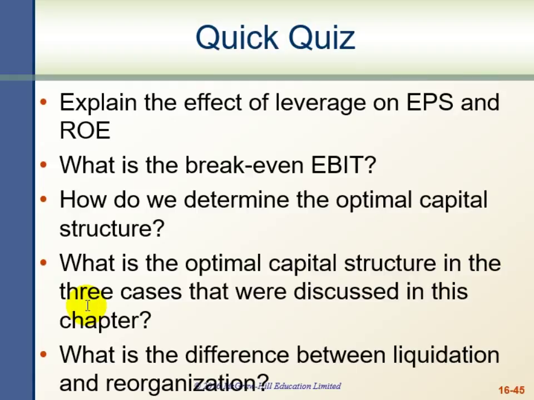And the optimal capital structure, the whole M&M discussion, revolved around optimal capital structure. There were three cases, one where there were no taxes and no bankruptcy costs, in which case the optimal capital structure was not applicable because there was no capital structure. Capital structure doesn't matter. In the case of corporate taxes that apply to interest but not to dividend payments, the amount of debt in the capital structure, more is better. And then when we added the idea of bankruptcy or financial distress costs, that implied there was an optimal point for the valuation of the firm and for the weighted average cost of capital.